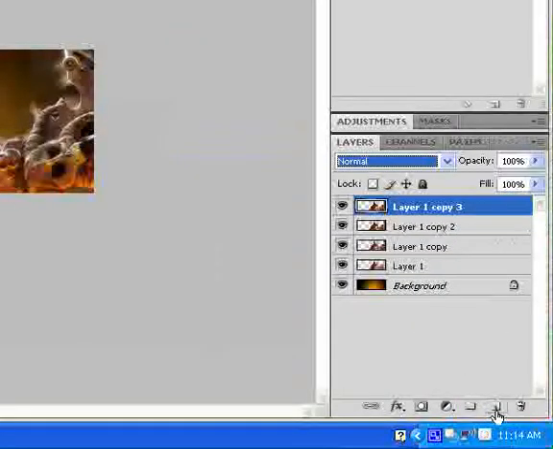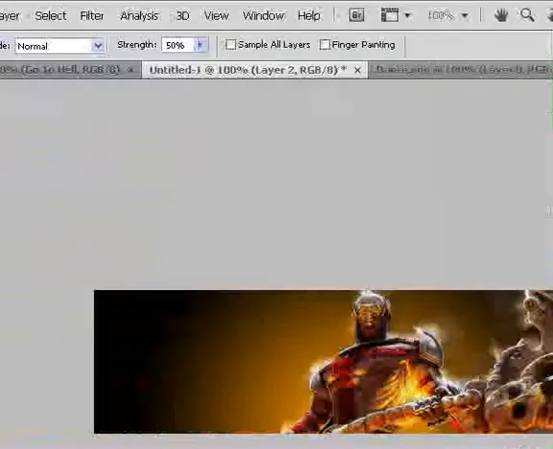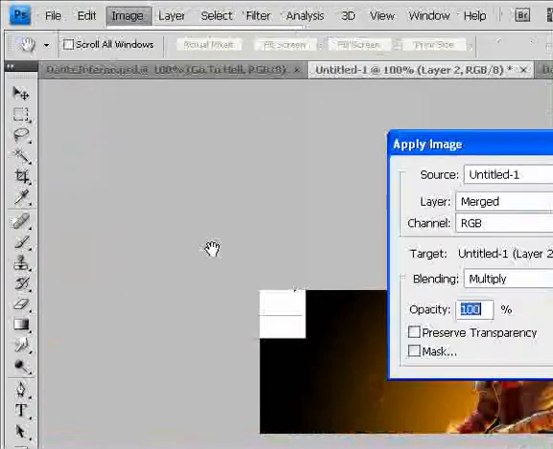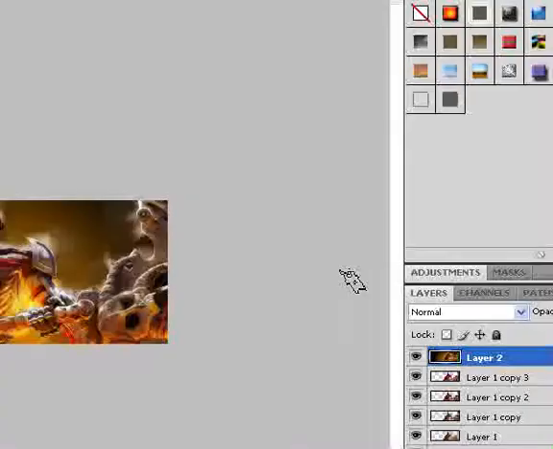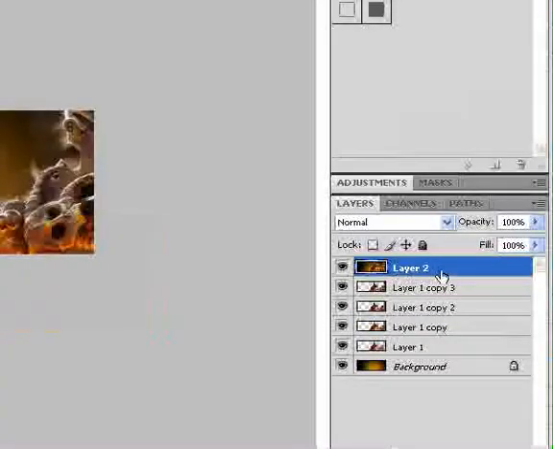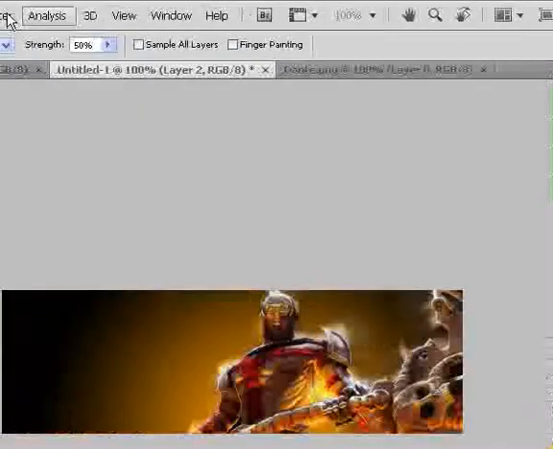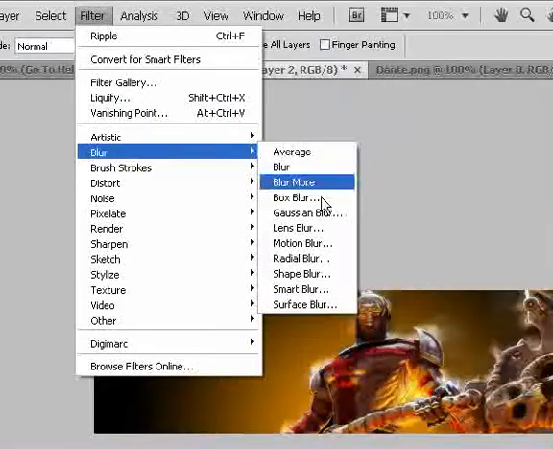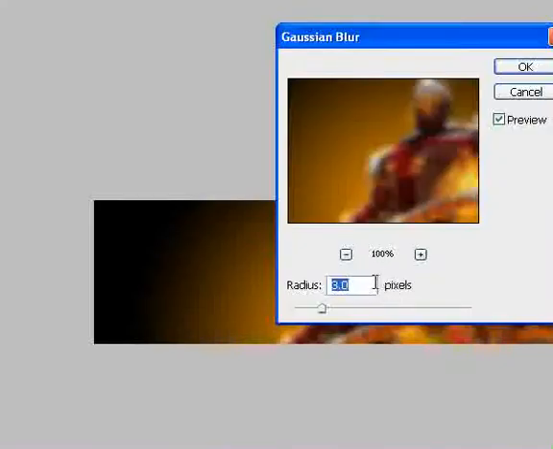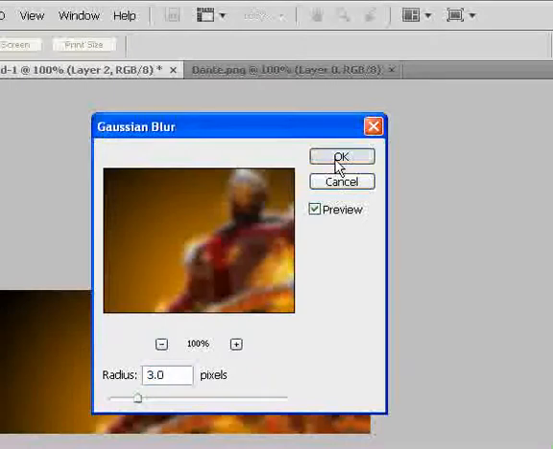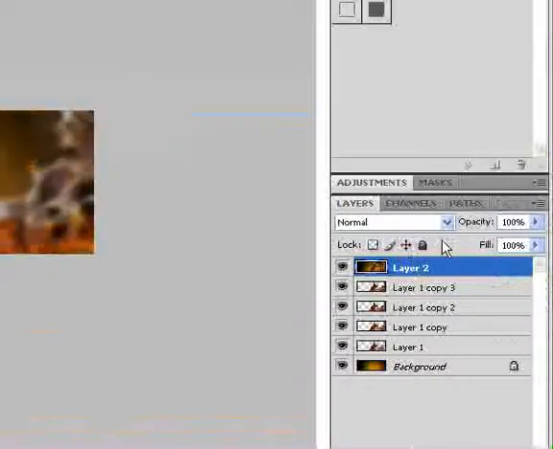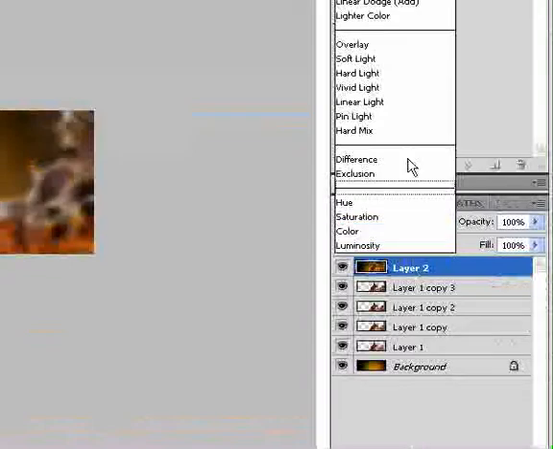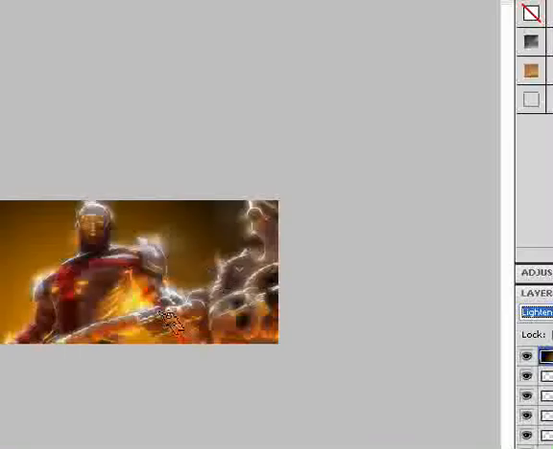That's it for that. Now we want to make the render glow. So to do that, you're going to want to make a new layer. Go to Image, Apply Image, keep all the default options, and click OK. Now you can see that the new layer is a copy of your image. Now go to Filter, Blur, Gaussian Blur, make its radius 3 pixels, and select OK. Now go back over to the Layers panel and make its layer mode Lighten, and that will make your render